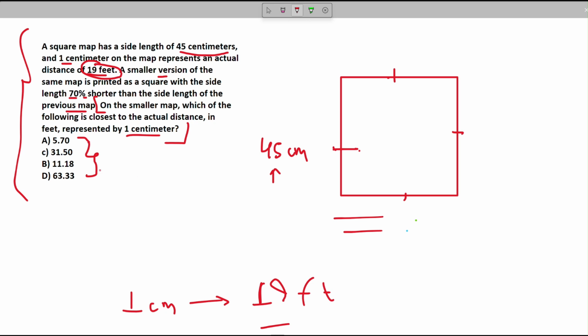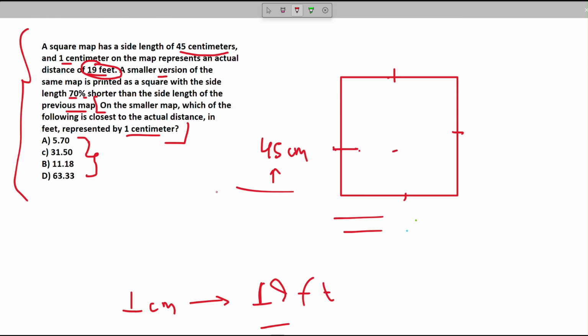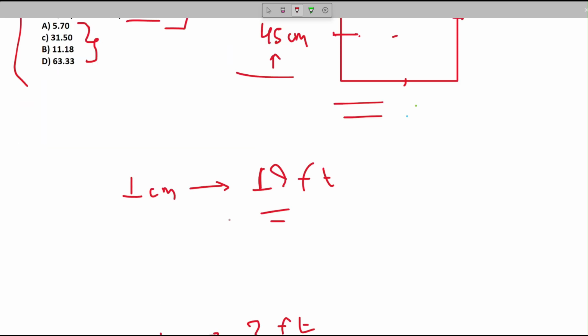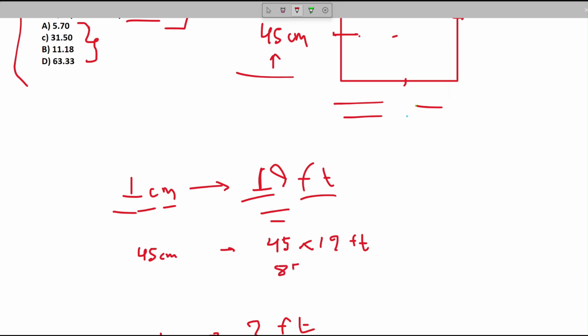So let's first see how many feet 45 centimeters of this map covers in actual. If 1 centimeter of this map covers 19 feet, then 45 centimeters should cover 45 times 19 feet, right? So let's calculate this in a calculator. 45 times 19 is equal to 855